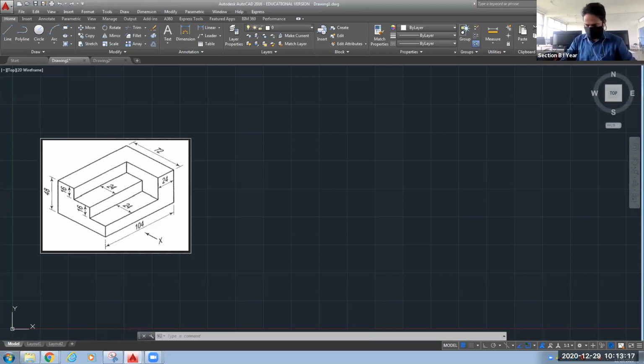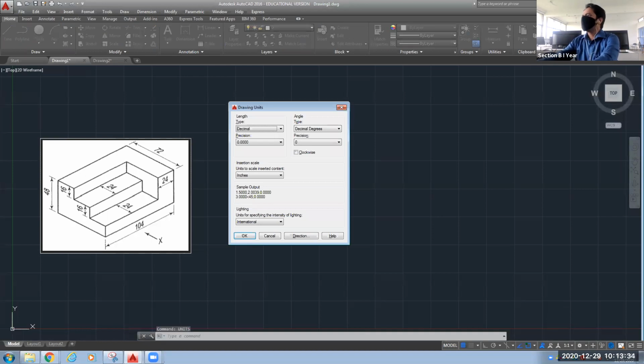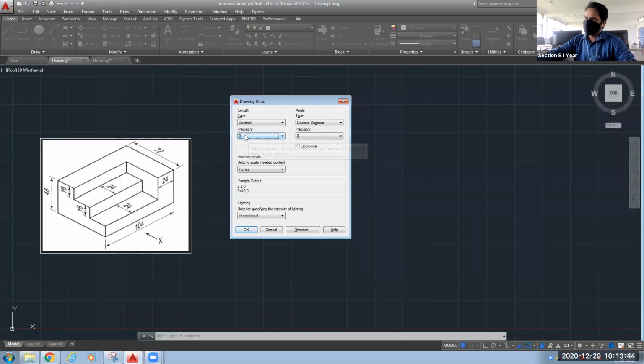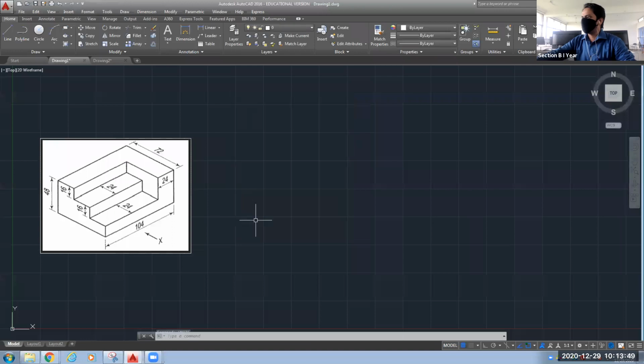First, we are using the units command. You can write the running notes, so that whenever you find a system, or maybe batch wise if labs are organized in the campus, then you can do a quick revision and it will be helpful. You can see your running notes and you can draw on the system. So here first I will make the precision 0 and units millimeters. Click OK. So units I have changed.